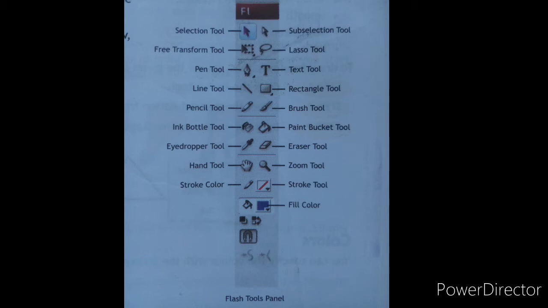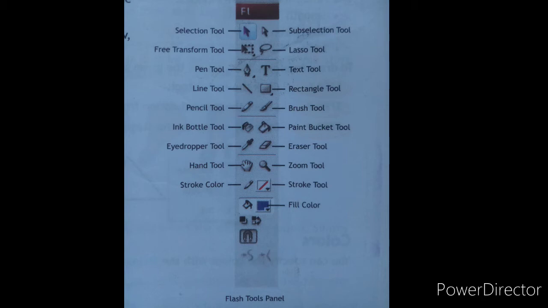Now the next is the free transform tool. The free transform tool on the tools panel allows you to interactively scale and rotate any selected object or shape on the stage. Next tool is the lasso tool.